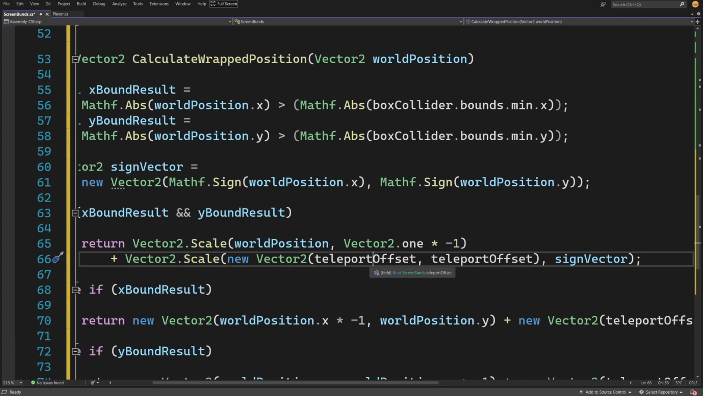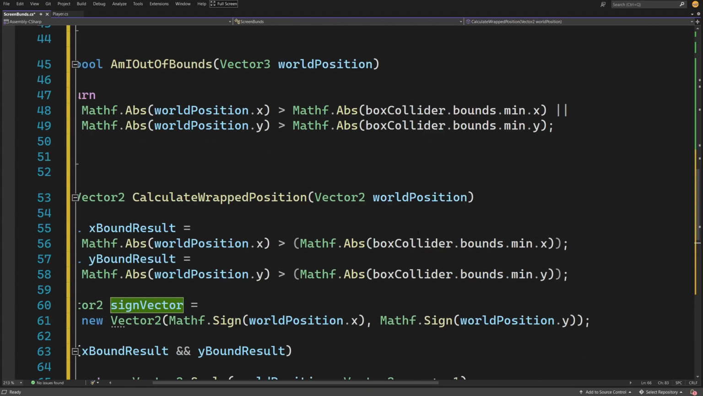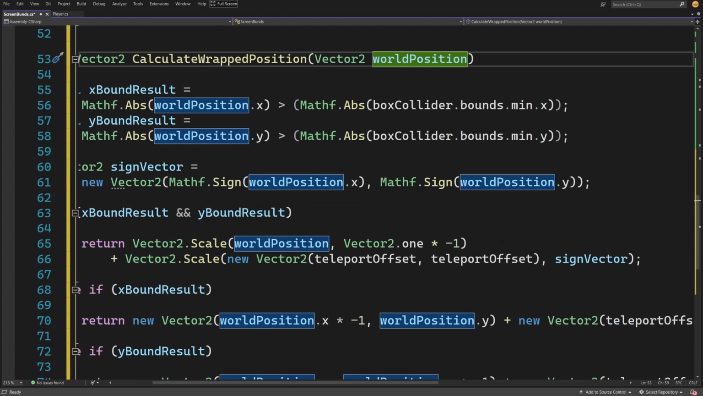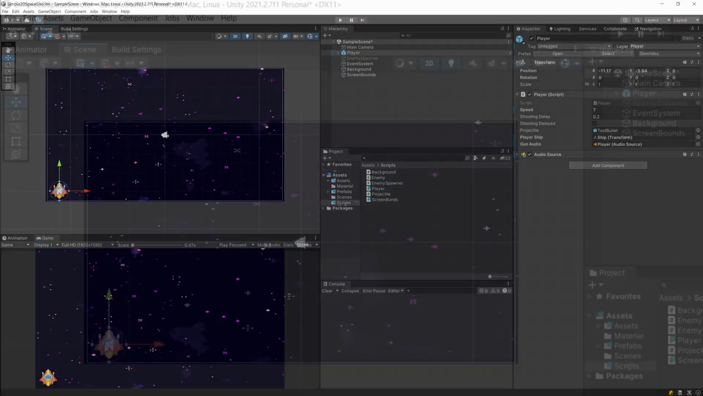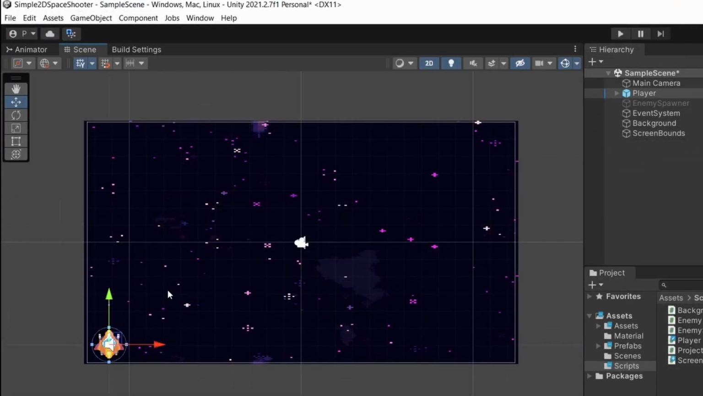We want to scale the teleport offset, so 0.2, 0.2, times the sign of the world position. Actually, this is not a vector, this is the sign of the world position. In our case, vector (1, 1) is the diagonal direction here. So if we are moving here, the sign of the position is plus and plus. If we multiply the vector 0.2 and 0.2 by 1 and 1, we are still going to move in